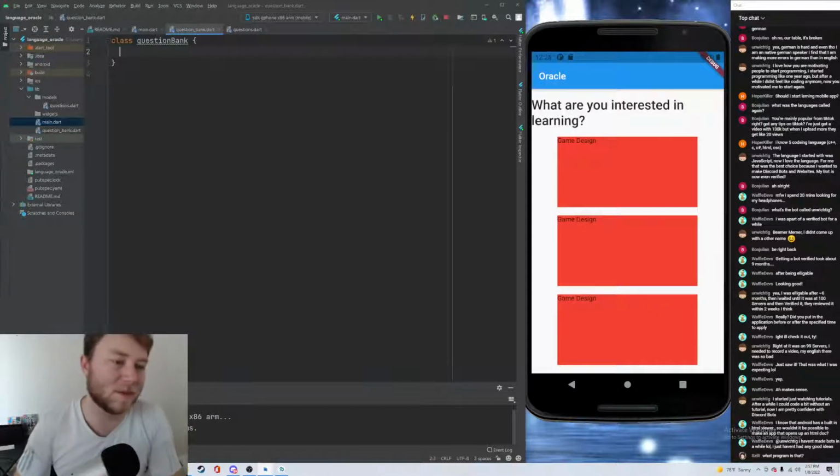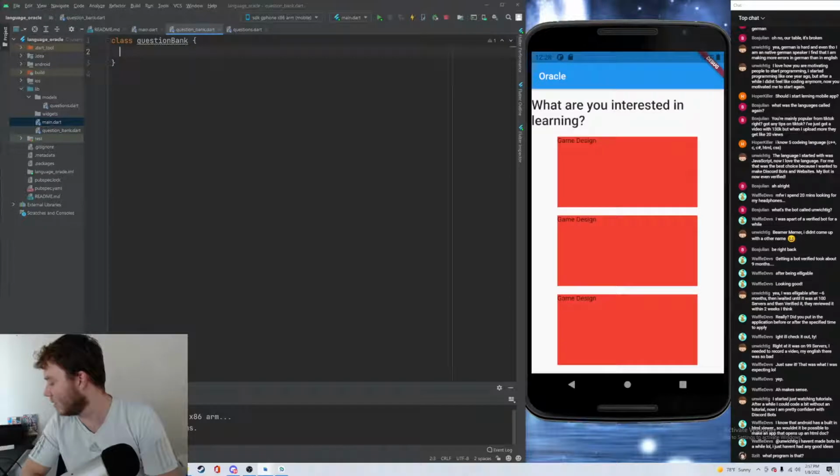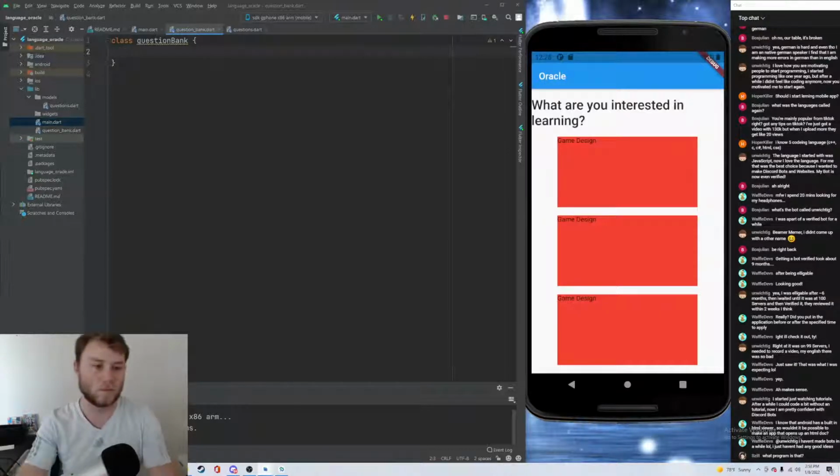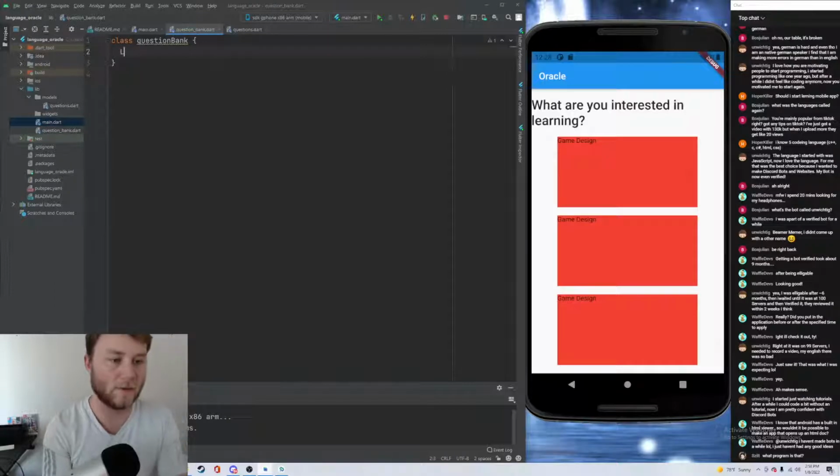And I might actually be able to do something with like modular arithmetic or something. Let's see. So for now, I'll just hard code it, which like